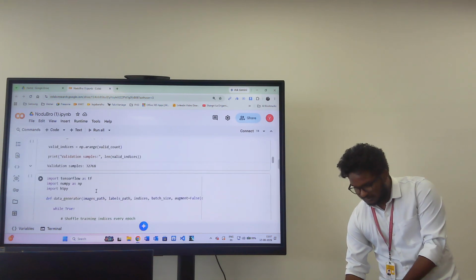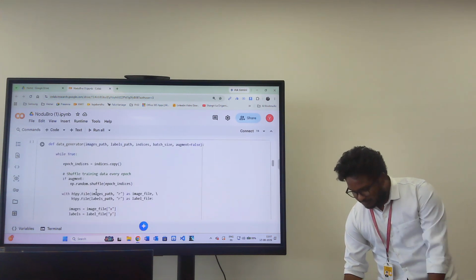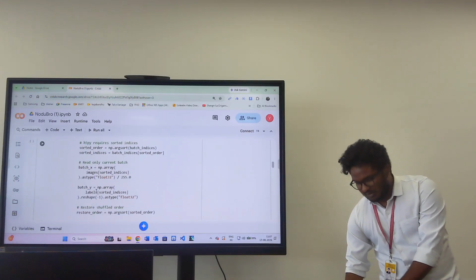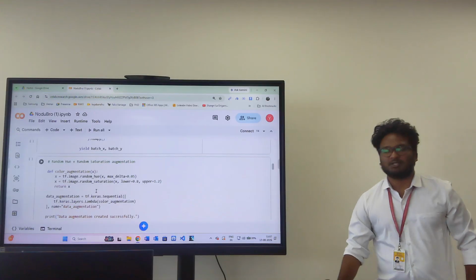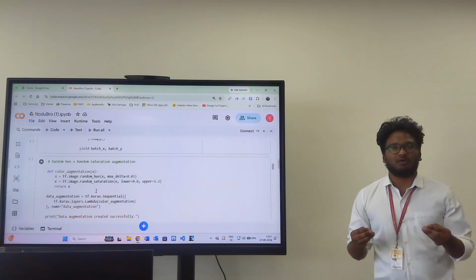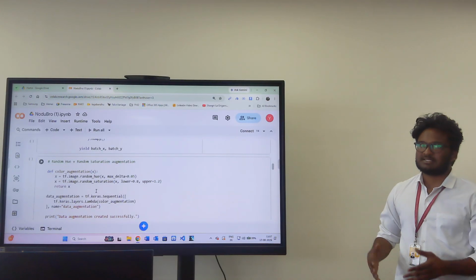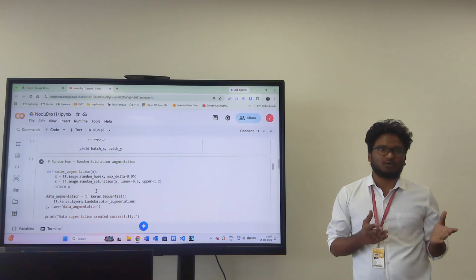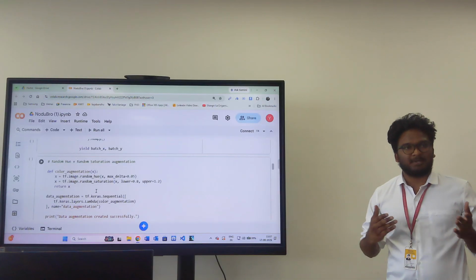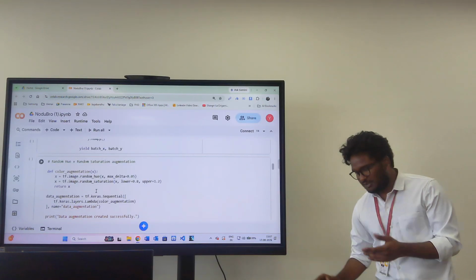Next, if you go a little bit further, this is normal image loading. And here is the code for the random saturation, because when I used the normal data, since the size of the cells was different, it was difficult to train the CNN model based on the size. So I used the saturation. You can see